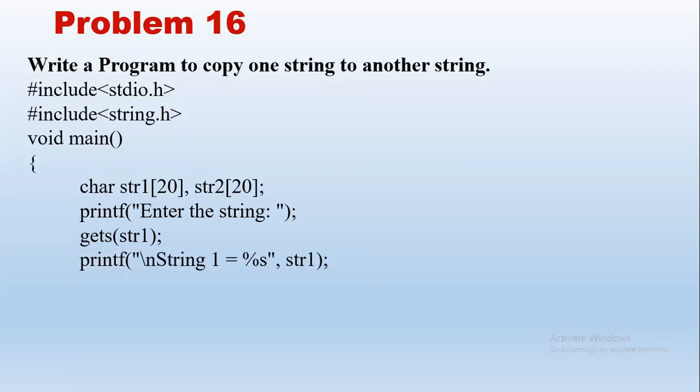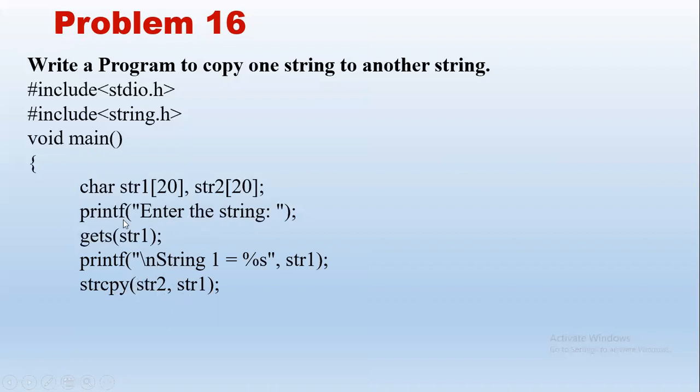In this, first we print string 1. This is optional if we need. So source is string 1, destination is string 2. The syntax of strcpy is strcpy, within brackets, destination comma source. So from string 1 we copy the value to string 2. At the end of this implementation, string 2 will have the same value as string 1.